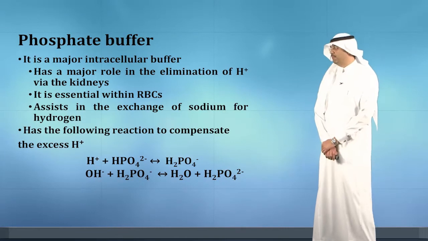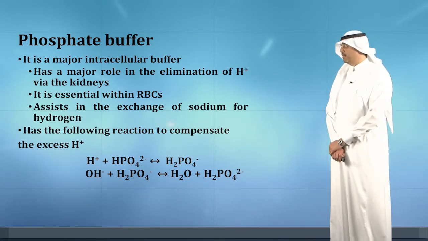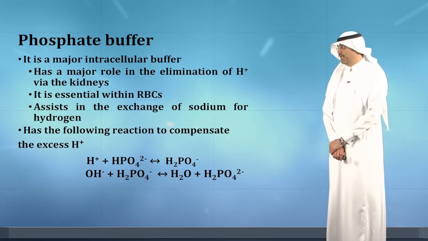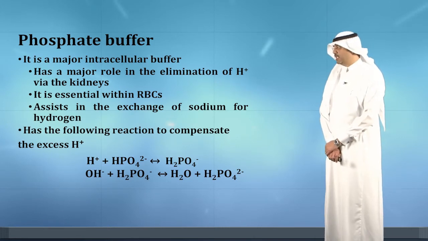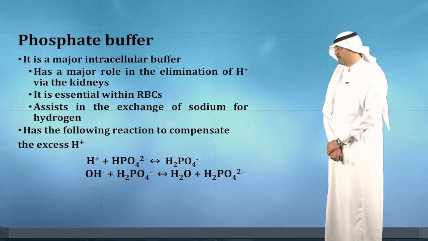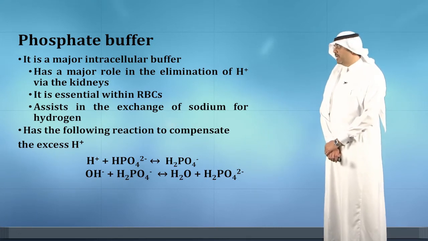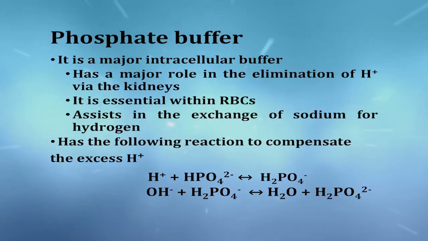What about the phosphate buffer? The phosphate is a major intracellular buffer. It has a major role in the elimination of hydrogen via the kidneys, and it is essential within the red blood cells. It assists in the exchange of sodium for hydrogen and has the following reaction to compensate for the excess